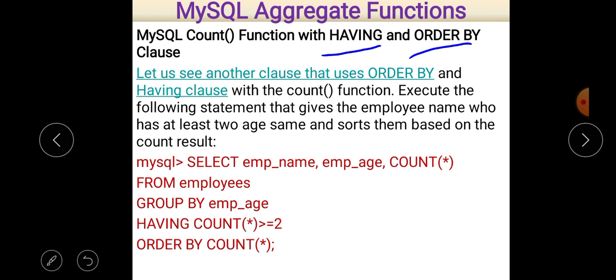First of all, one thing should be remembered: the having clause must be used just after the group by if there is a condition. If there is no condition, there is no need to use the having clause. And if you want to arrange the data in ascending or descending order, then the order by clause is used just after that, or we can say at the very last.